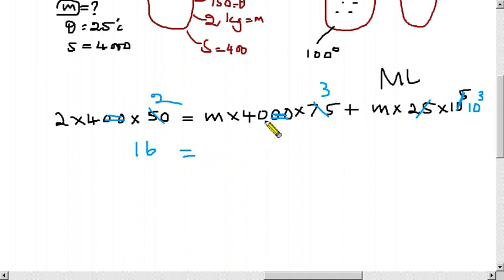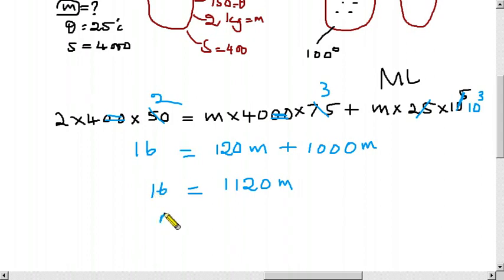Then here 40 times 3, 120 times m, that is all. Here 10 power 3 means 1000 m. Then totally 1120 m is equal to 16. So m equals 16 divided by